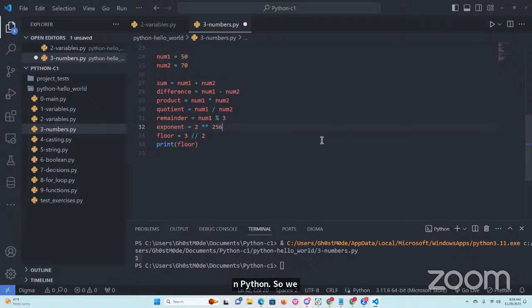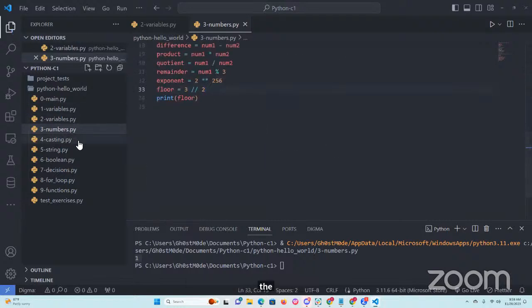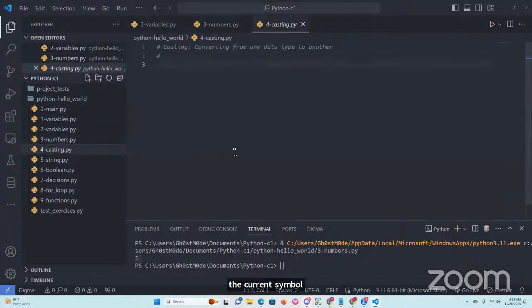All right, great. Okay, so let's move on. We have a lot to cover. Now we have a fair idea of this, so we're going to move to the next topic, which is casting. What is casting? Sometimes when you are writing programs, you might want to convert one data type to